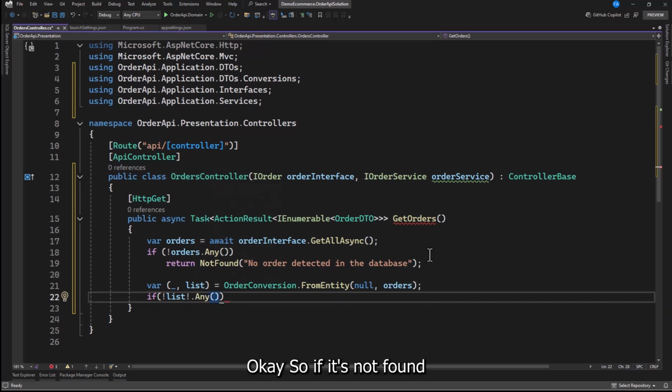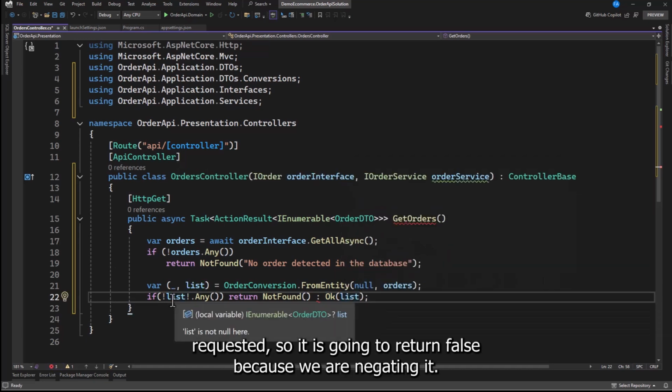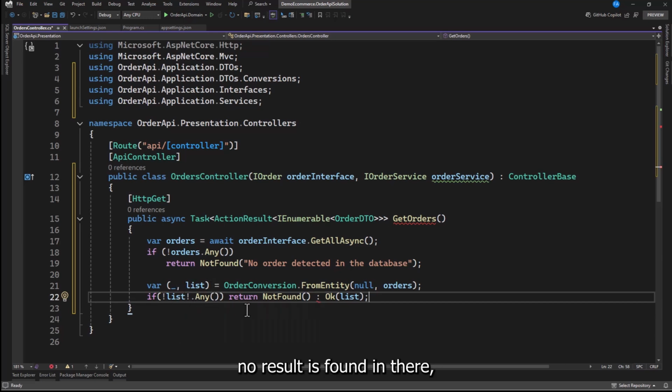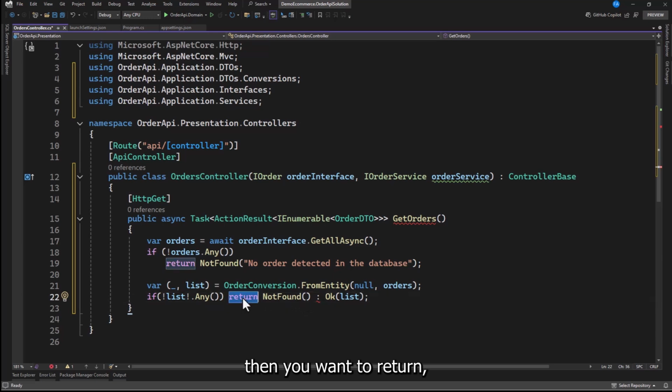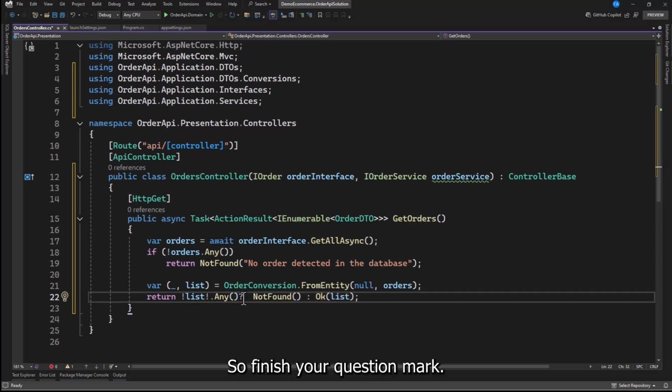Then what are we going to do? We want to return. Okay. So if not any, return not found, else return okay with the list. You can see, so this is going to return false because we are negating it. So we are saying that in case no result is found in there, then we want to return not found, and this should be, so any should be question mark. Okay, then the next thing that we're going to do here is we want to